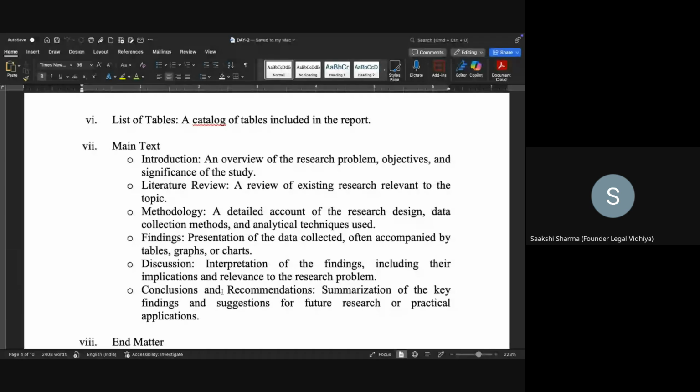So आप कौन सा research technique use करोगे, कौन सा research method use करोगे, is the next point that you mention. Then you write the findings, that is जो भी data आपने collect किया है, and you mention that data and you present it in a crisp form that explains your findings in tables, graphs or charts. Say for example, मैंने एक RTI लगाई to get information of the number of convicted people in the past so and so years or the number of under trial prisoners.